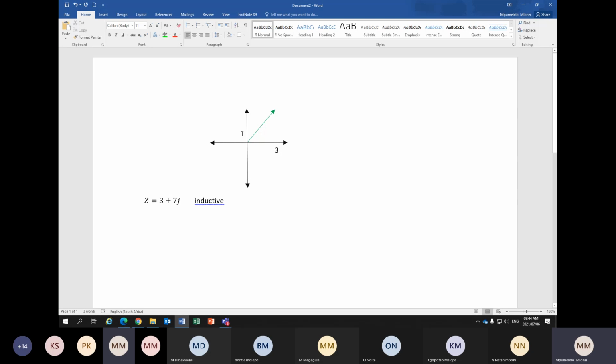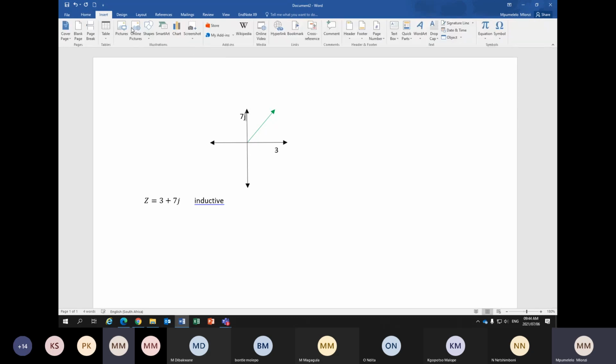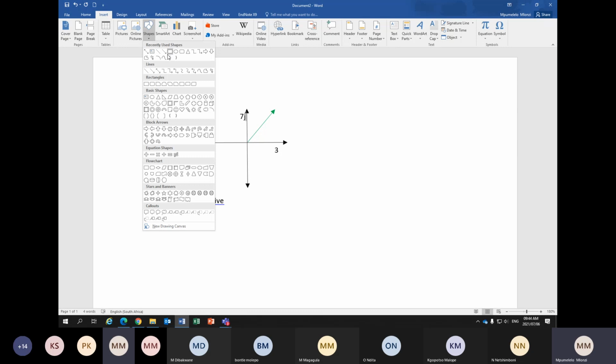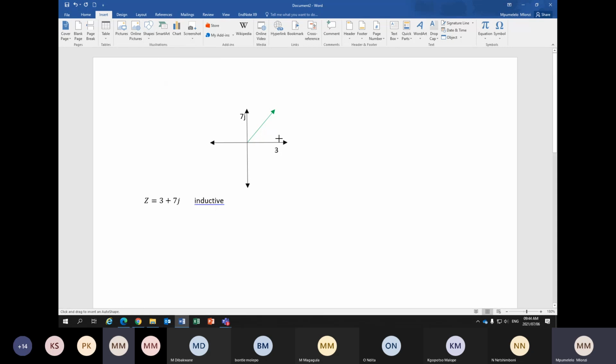This will be on the upper side, on the 90-degree side. It will be 7J, and if this is 7J, it means in terms of now calculating the hypotenuse side,